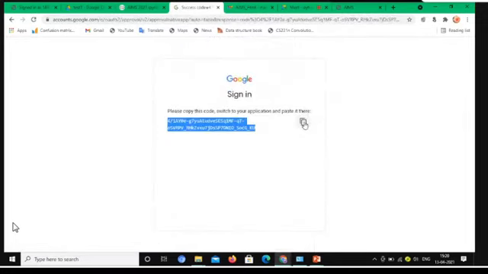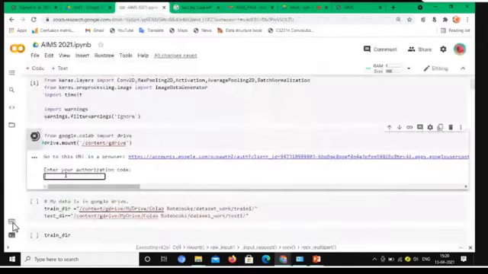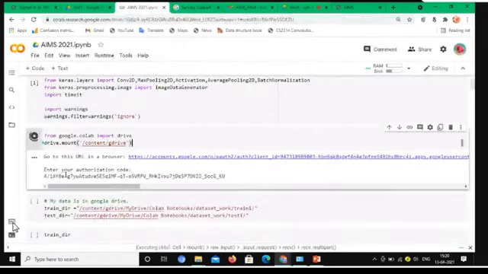You copy this code and paste it in this place. The authorization code will be accepted, to get the data from Google Drive.